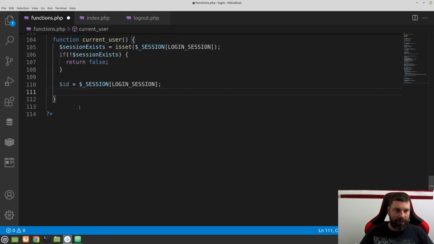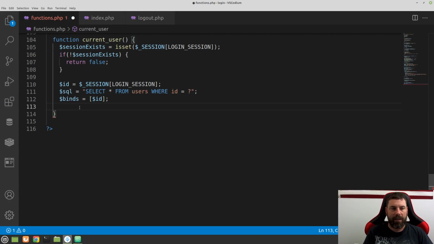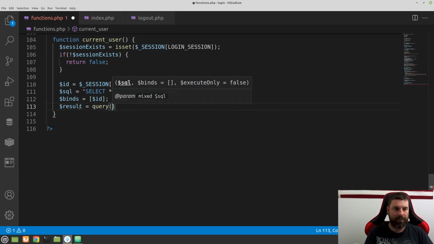All right. So the next thing that we can do is find the user by this ID. We've already done that a lot with the email, so it's going to be pretty straightforward. We'll set up an SQL statement, and this SQL statement is just going to be select star from users where ID is equal to question mark. And then here we'll just say binds, and we'll set that equal to an array with one element in it. We're going to set that element to the ID. So then we can go ahead and get that result. So we'll say result is equal to our query statement, and our query statement we're going to pass in our SQL and our binds,